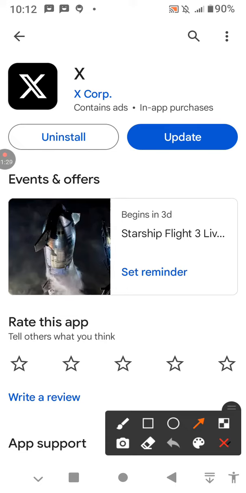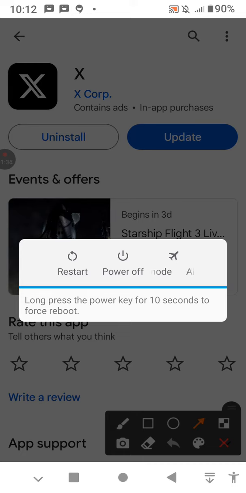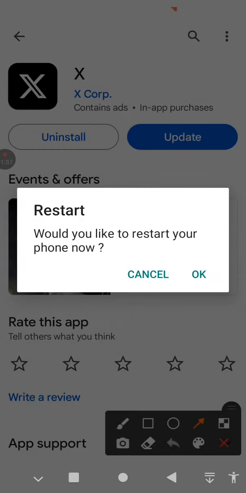After updating it, tap on your power button for some while to get your phone to restart. So tap on your power button, then tap on restart, then tap on OK, and this problem is going to be fixed after restarting or